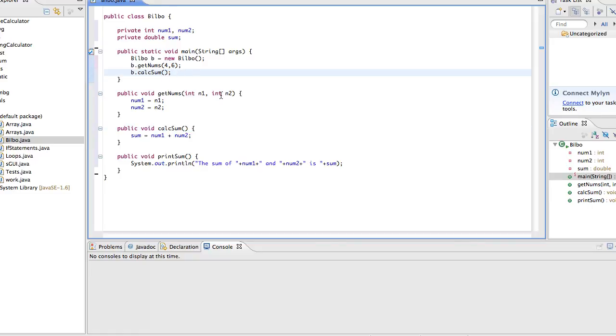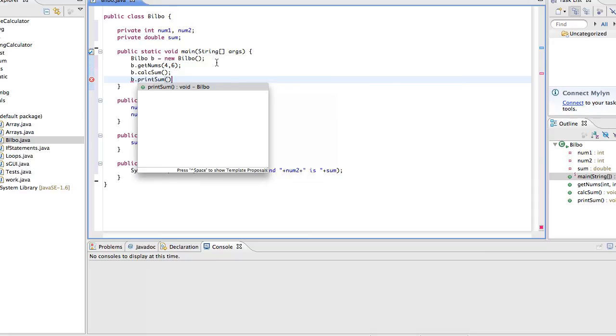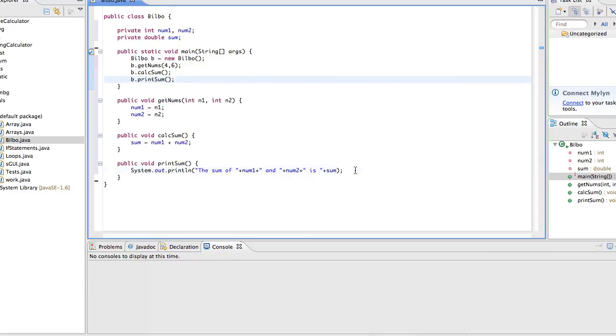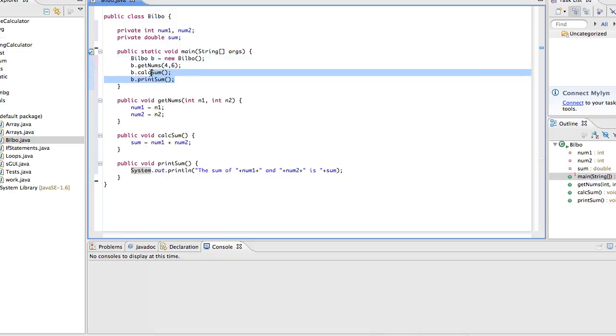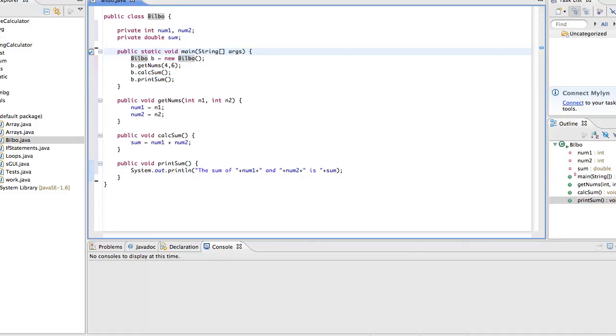And what this is going to do is just do the operation of num1 plus num2. And then we're going to have b.printSum, which is just going to print out this down here. So now we have this program built, and you see we didn't do any operations or any printing or anything in the actual main method. We did them all in other methods, and then we just called them in the main method. And now if we run this,